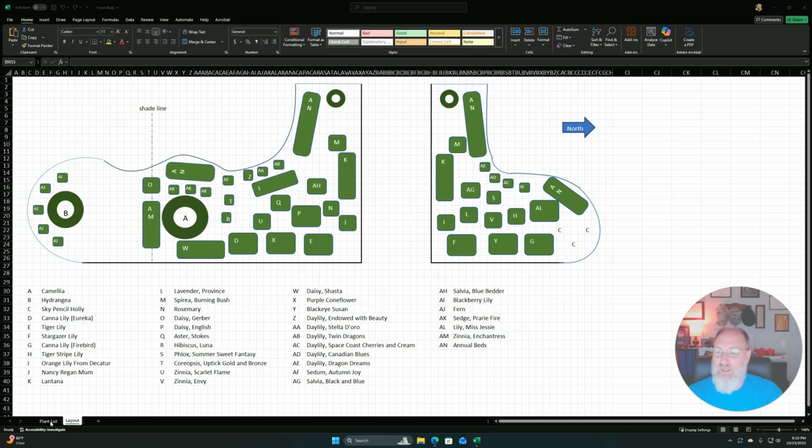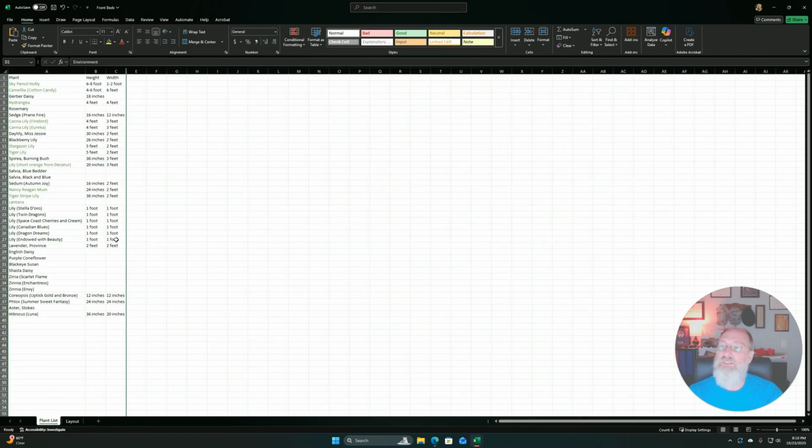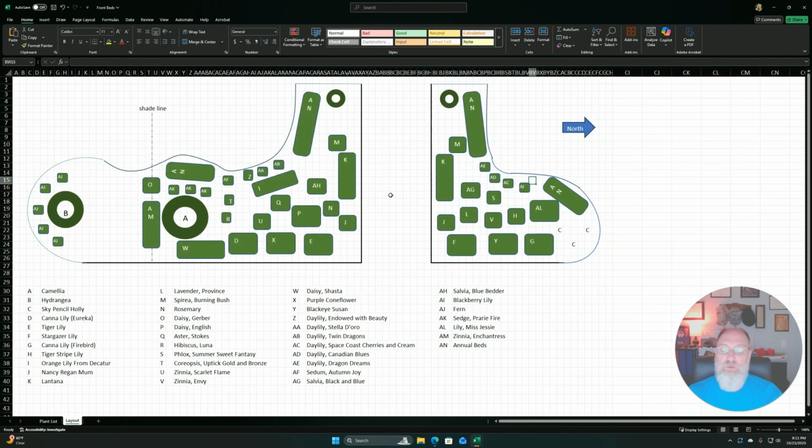You can see I had a workbook page that listed plants with their height and their width. The plants that I decided to use, or wound up using, were the ones that I had. And then I just came over here and drew my front beds to scale. I drew in a shade line because there's a tree that blocks the sun over there. So all of these plants, some of these would need to be more of a shade tolerant plant than a sun tolerant plant. And then I drew rectangles and circles